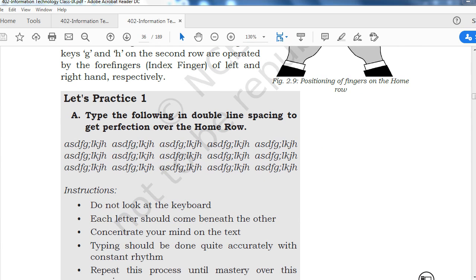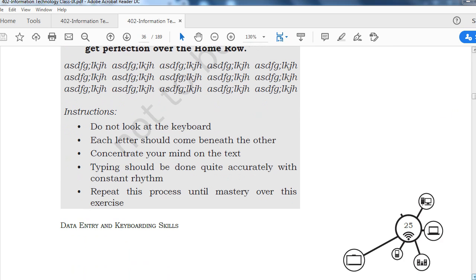Do not look at the keyboard when you do this activity. Each letter should come beneath the other. Concentrate your mind on the text. Typing should be done quite accurately with constant rhythm, right? Repeat this process until you master this exercise.